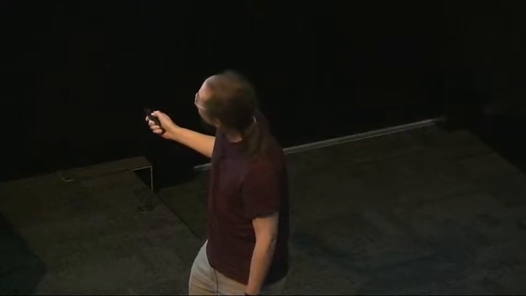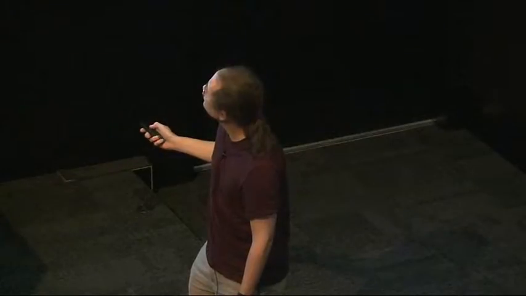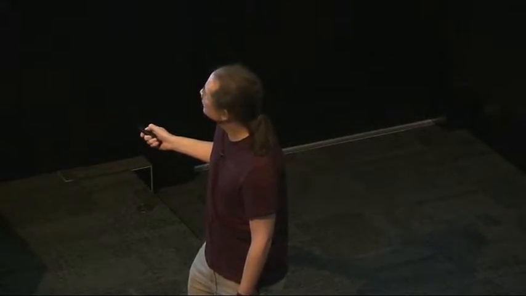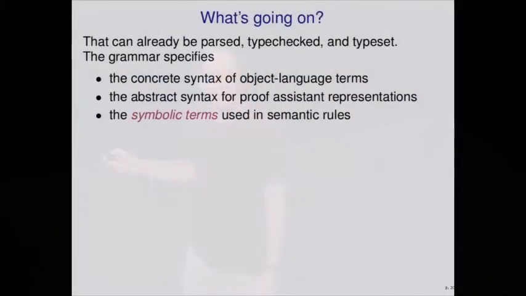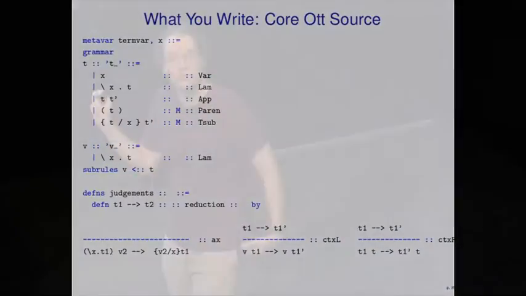There's some subgrammar relationships which are declared and checked, which we use for call-by-value lambda calculus. Some user-defined syntax for judgment forms and formulae and all that kind of stuff. And that's being parsed with some kind of an extended GLR parser. So semantic rules are lovely because they're very small and not very ambiguous. So it's just fine to use more or less arbitrary context-free grammars for this kind of thing.